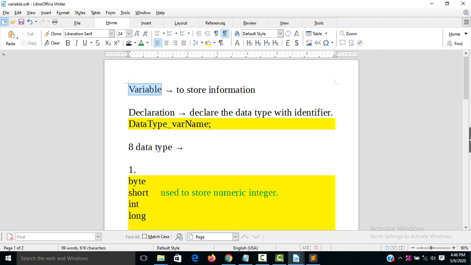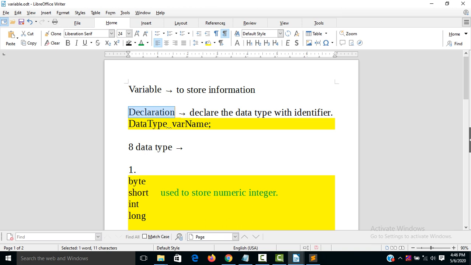First we have to discuss variables. A variable is used to store information. And the second one is declaration.